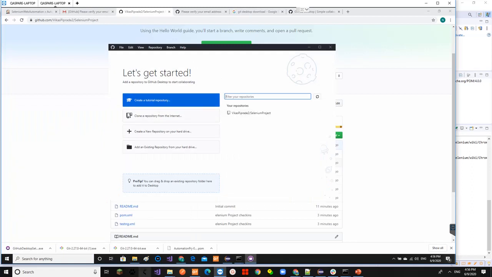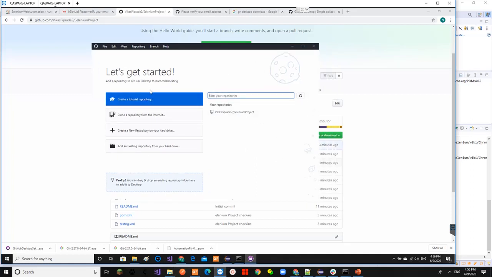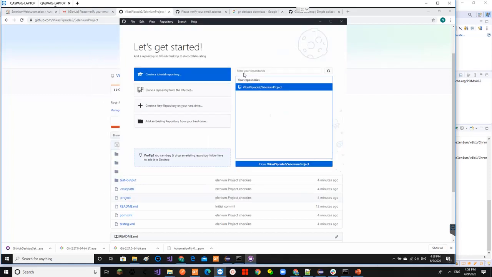This is my first launch of this app, and it will show the existing repository or what you want to do. All this functionality can be achieved by commands, but some people may not feel comfortable with command prompt. So this is the way to use GitHub Desktop. We'll check what are various options on GitHub Desktop.